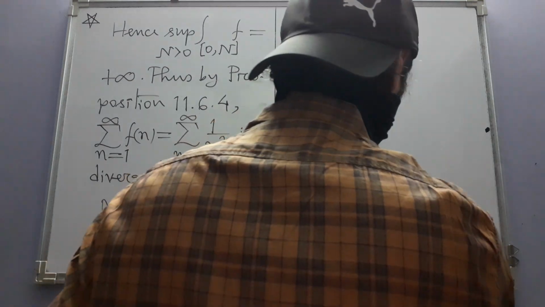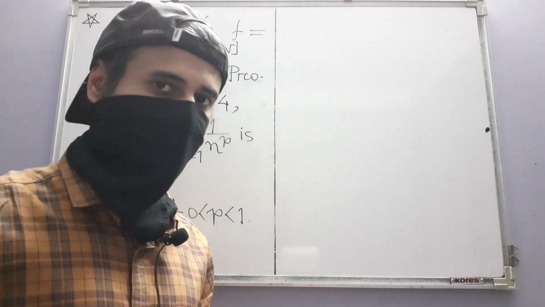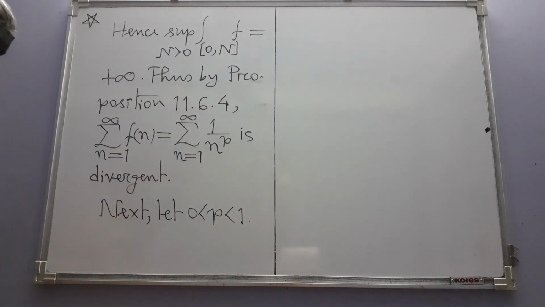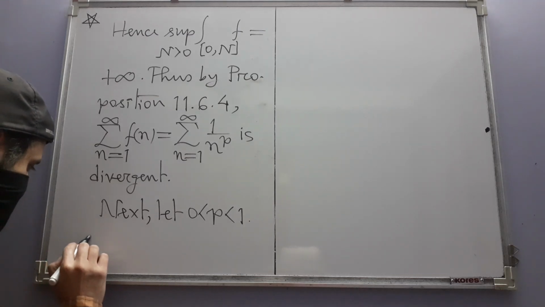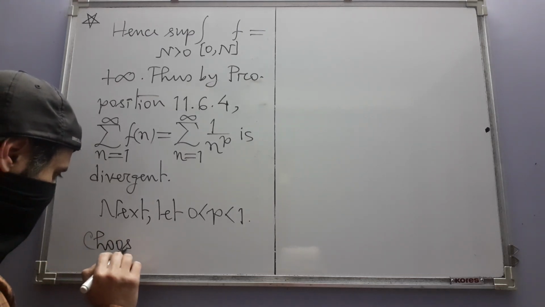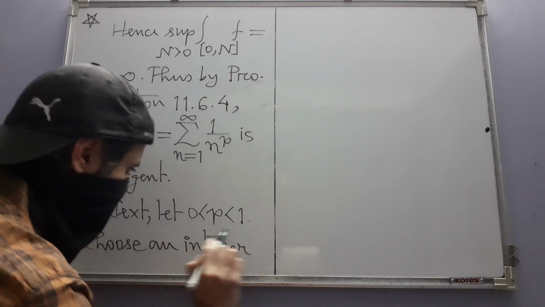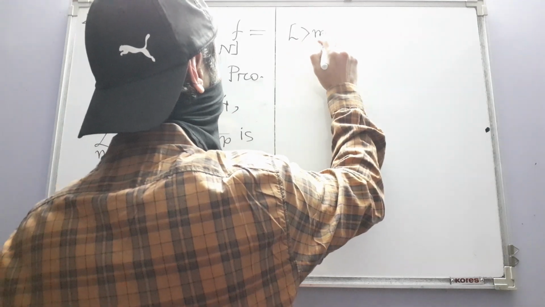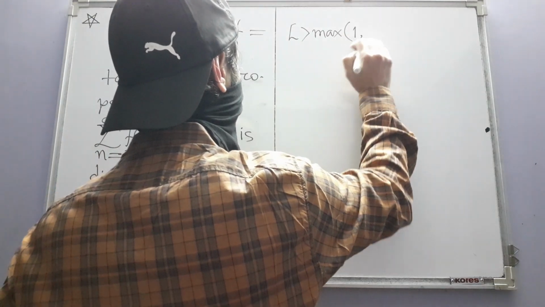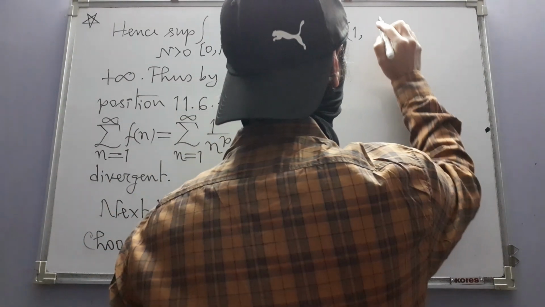The beginning may puzzle us, but that's how things are with analysis. We don't exactly see why we are choosing something, but only after doing the calculation it becomes clear. So this is what we now do. Choose an integer L which is greater than the maximum. So we want L to be a positive integer, and this may look quite involved,